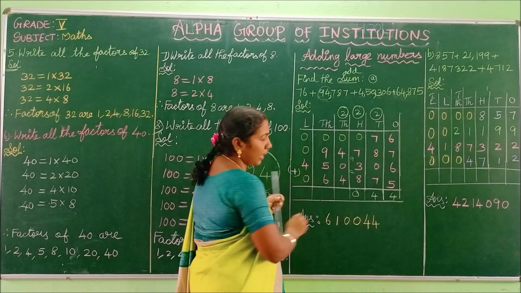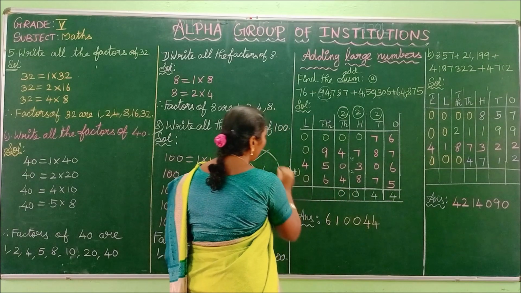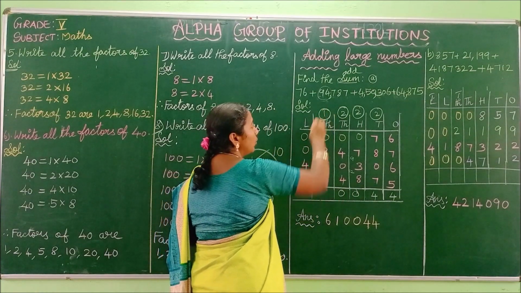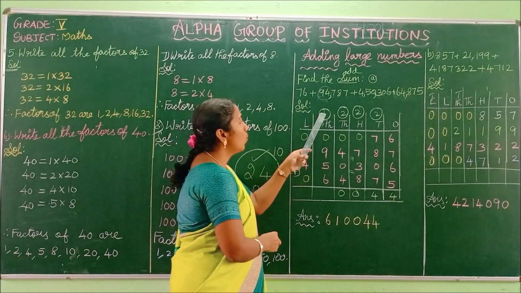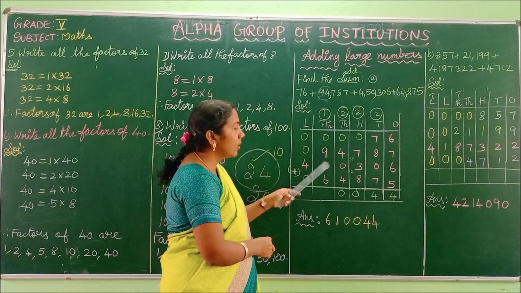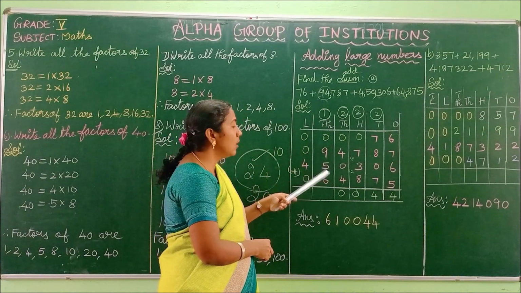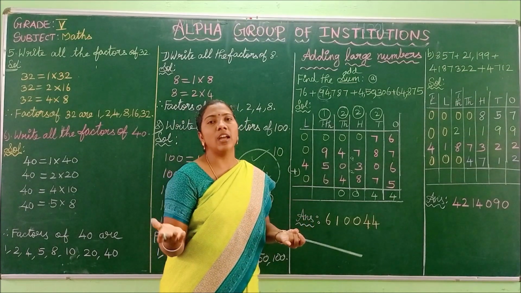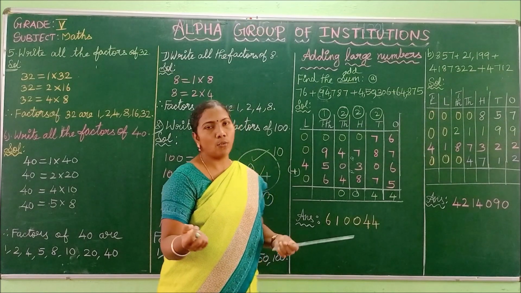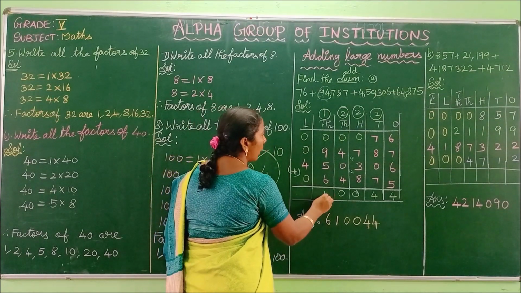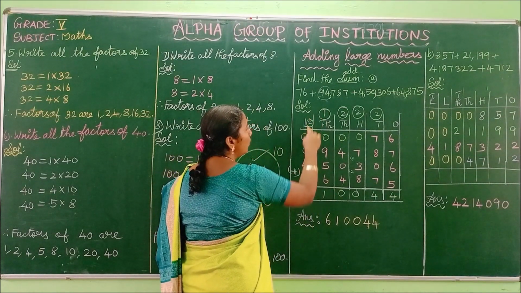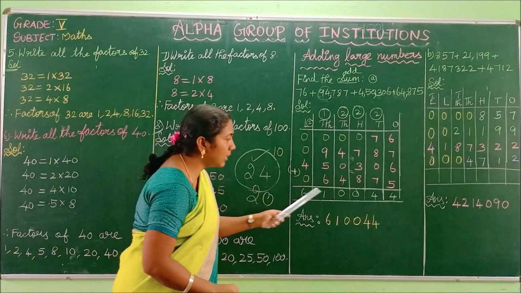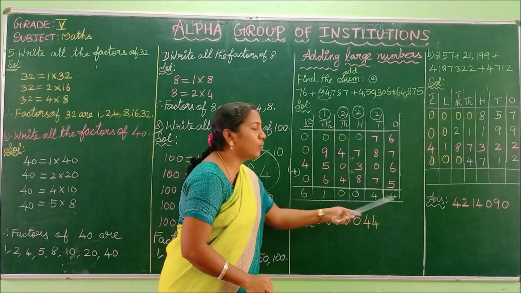So now you have to add 2 plus 4, 6. 6 plus 4, 10. So you have to write 0 here and 1 before the column. Okay. So 1 plus 9, 10. 10 plus 5, 15. 15 plus 6, 21. That is 15 in the mind, 6 on the finger. After 15, 16, 17, 18, 19, 20, 21. So here you have to write 1. Here you have to put 2. 2 plus 4, 6. So you have to write the answer here. 6. 1 0 0 4 4.